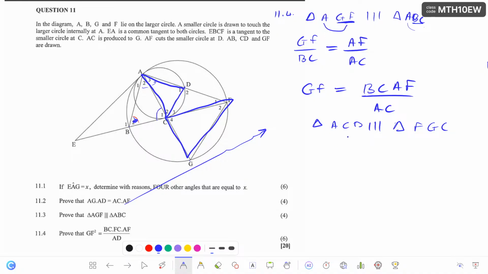So here we're going to say AC divided by GF